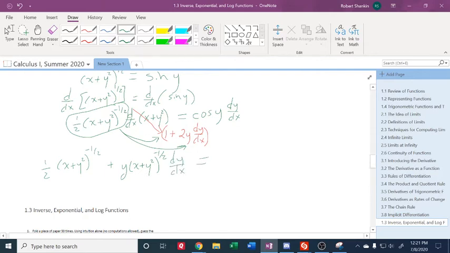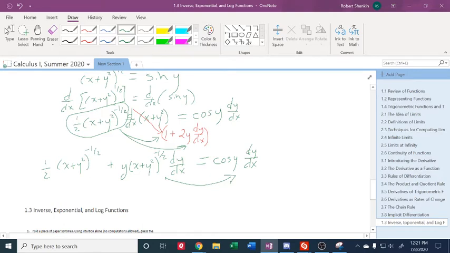So I had to get rid of all the parentheses on the left-hand side, except for this one. That one's okay. And then on the right-hand side, I get this. Now I'm going to move this term over to this